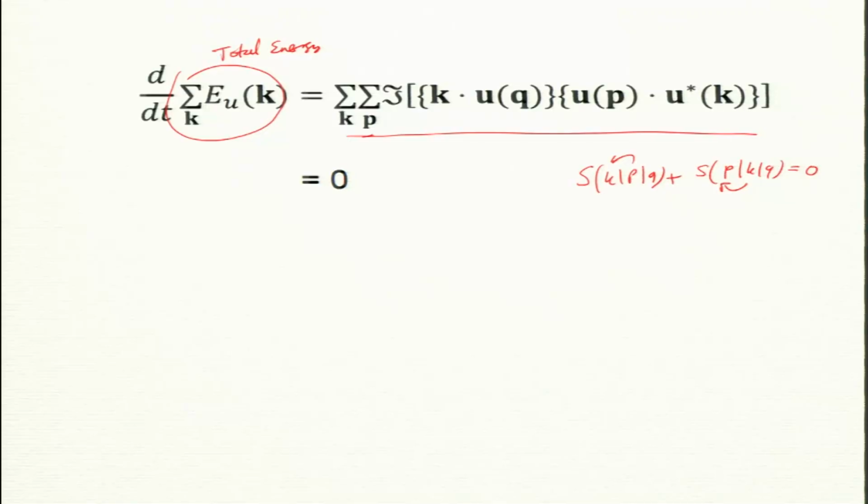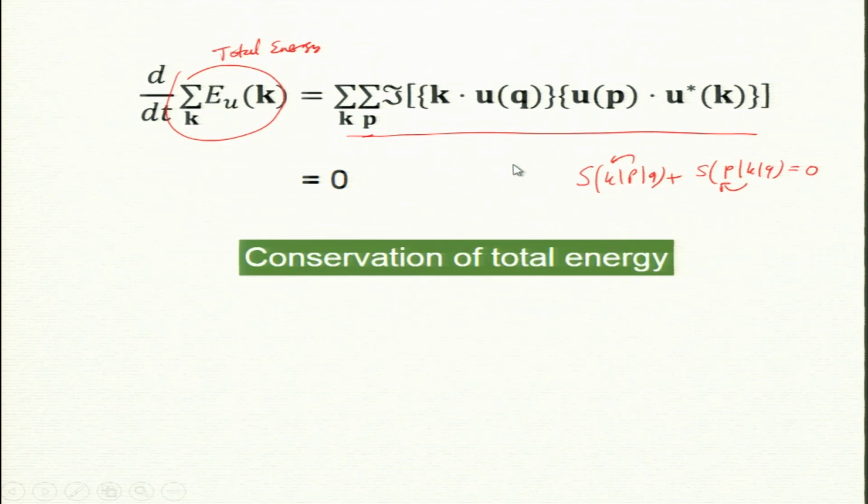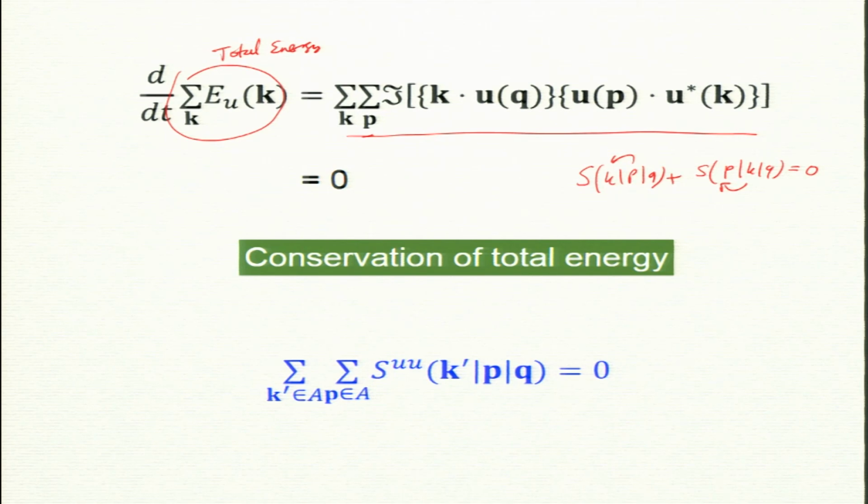Okay. So, this is the same result as before, that for periodic boundary conditions my total energy is conserved for the Navier-Stokes equation via the nonlinear term. So, this is the same statement. We should be able to see that result even with this new formalism. So, this is the conservation of total energy. This is true, but now with mode to mode we can discover some more